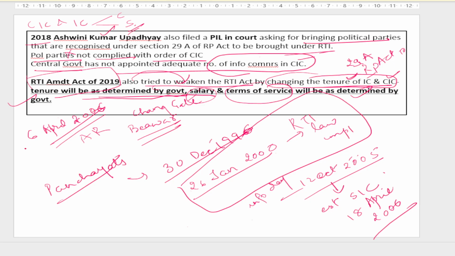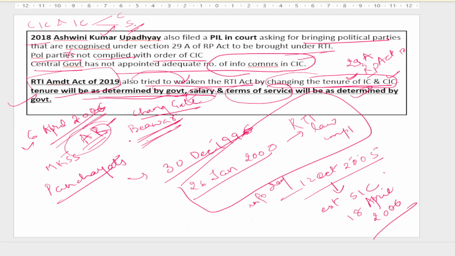Now in Rajasthan, on 6th of April 2006, Aruna Roy, who is an ex-IAS officer, started the movement for right to information. Aruna Roy is the leader of the Mazdoor Kisan Shakti Sangathan, an NGO. She started the campaign for right to information in Rajasthan from a place called Chand Gate in Byawar in Ajmer district on 6th of April 2006.